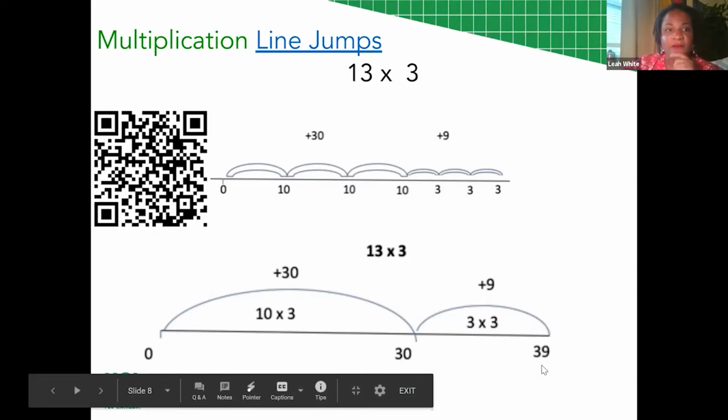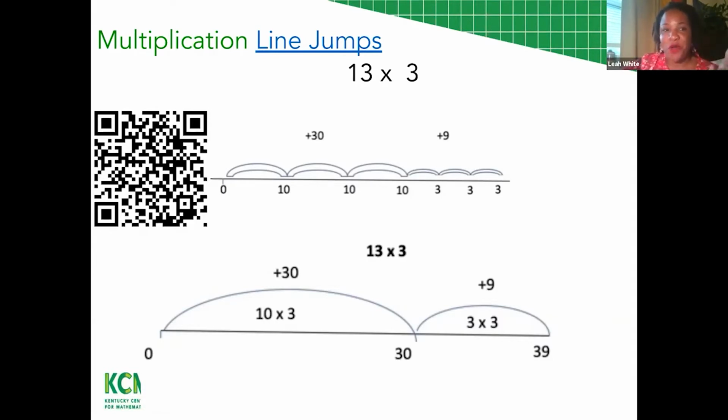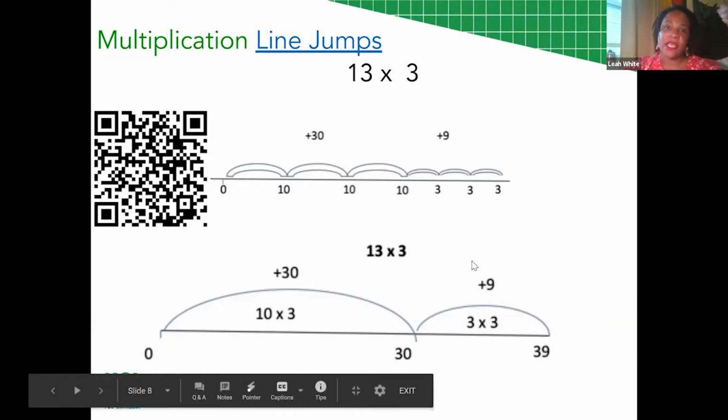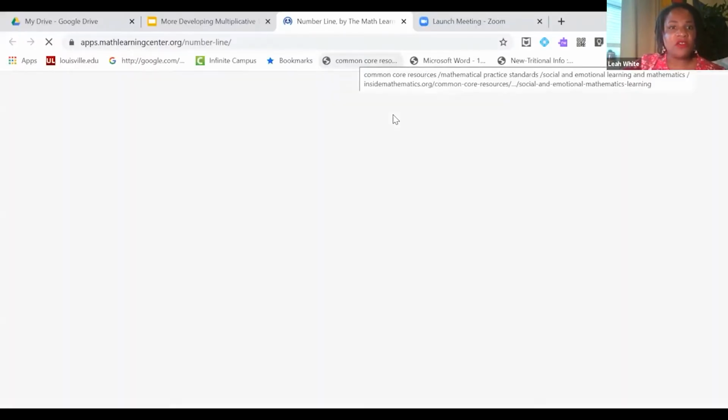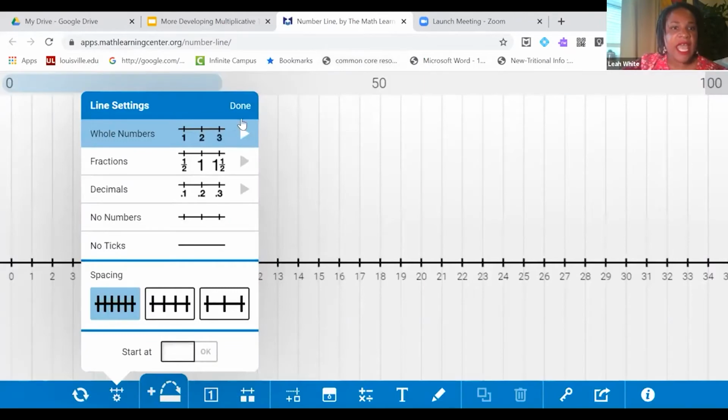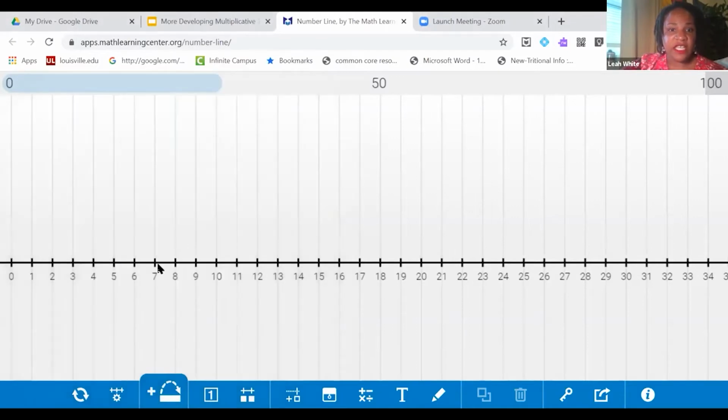And so that's what I wanted to show you all from this developing number knowledge, is this idea of recording line jumps. And so let me show you what that could look like digitally. So here I'm going to go to this line jump simulation. And what I think is really neat about this particular simulation, and I got this from Mathematics Learning Center, is that you can create, obviously, these line pictures,